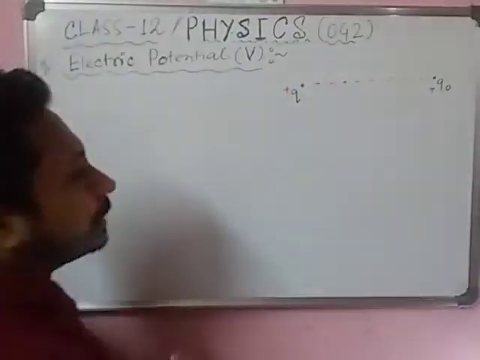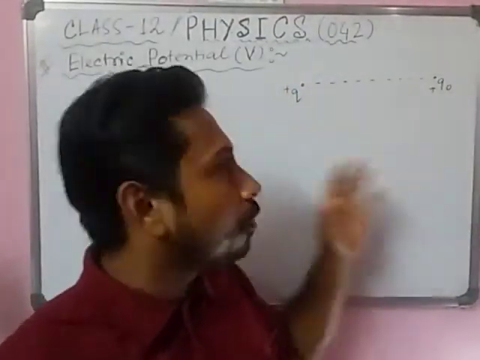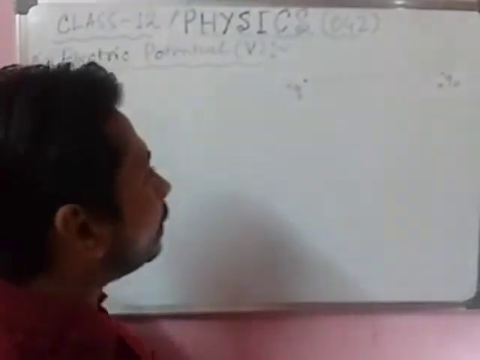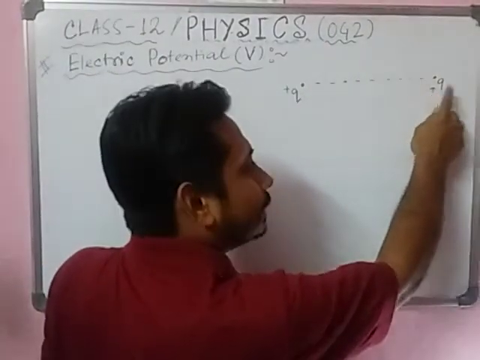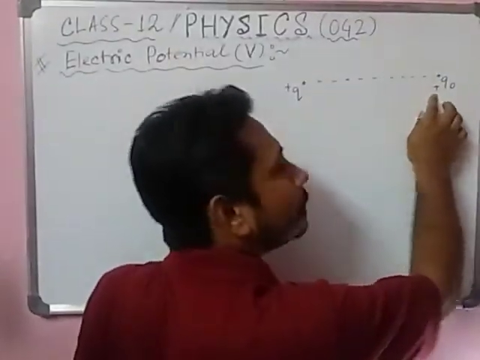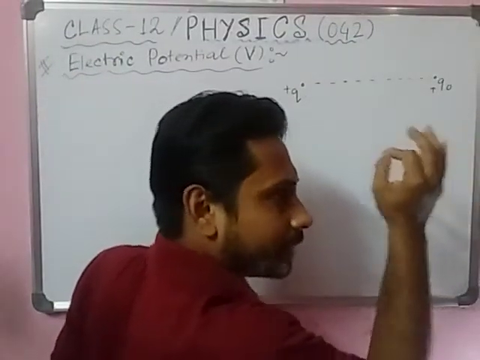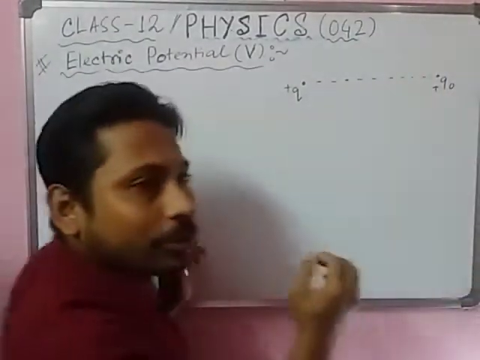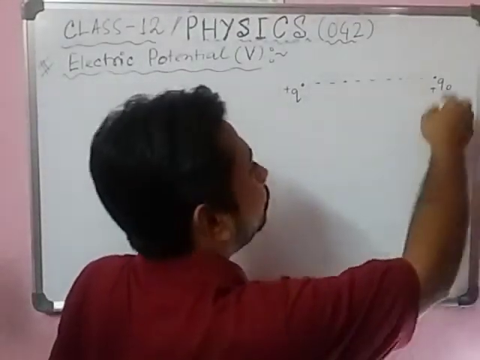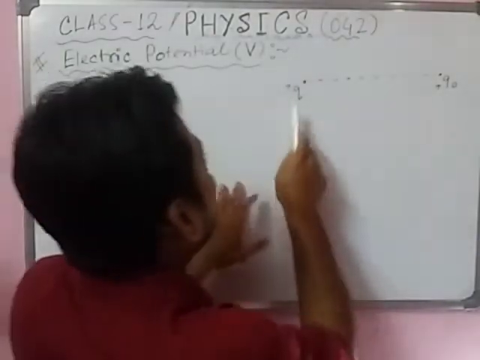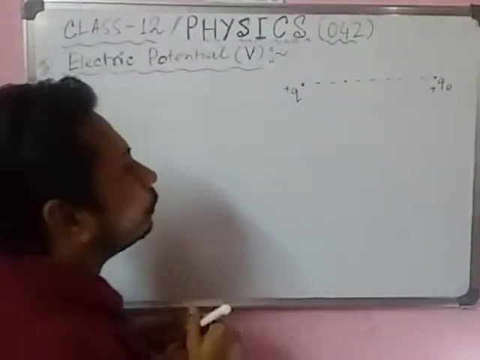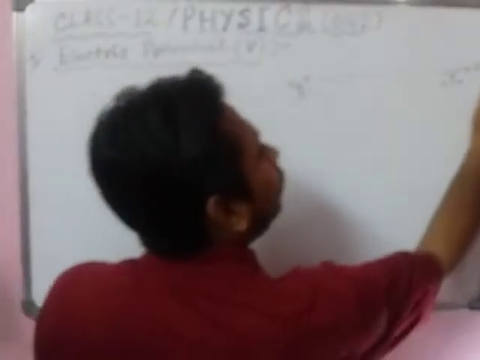See, if there is a charge Q, then this charge imposes an electric field, and any charge placed in it is called a test charge. A test charge is always taken as a positive, small unit charge. Now this test charge Q naught comes inside the electric field of Q. So there is a force of repulsion, because this is plus and this is also plus. The force of repulsion will act in this direction F. This is called the Coulomb force.